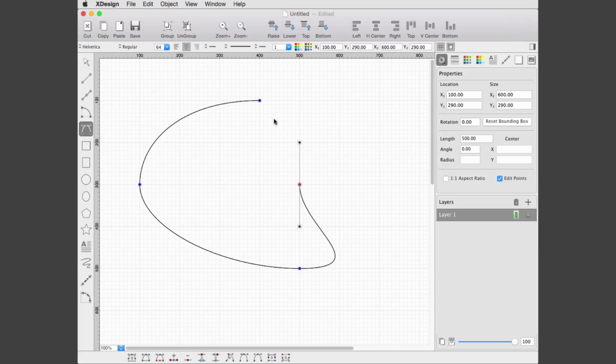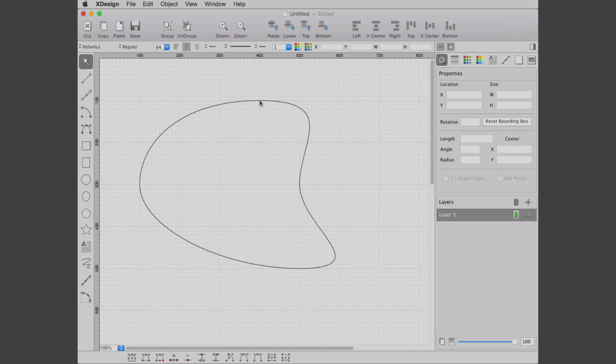Double-click to finish drawing the path, or double-click on the first point to close the path and finish. Please refer to the XDesign user guide for a list of available drawing tools and how to use them.